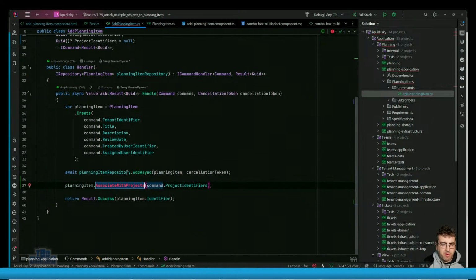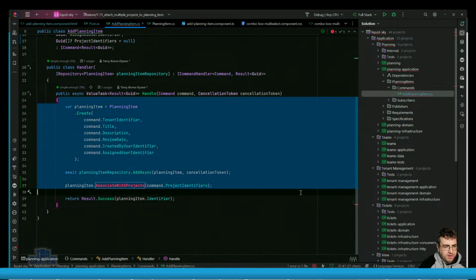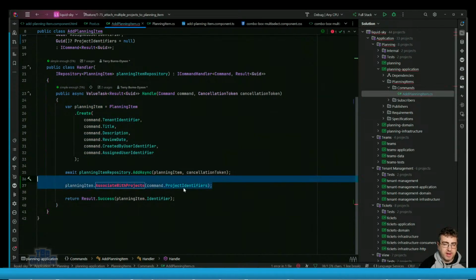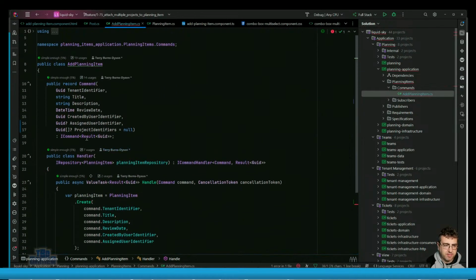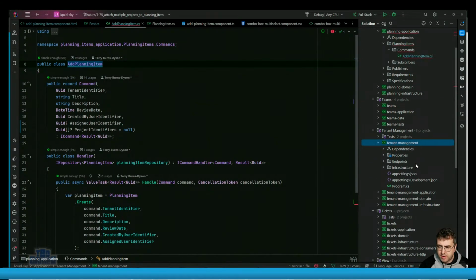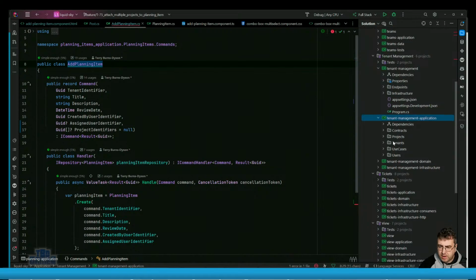So I'm going to stop and pause every time I hit something like this. And this sort of behavior, this is adding a planning item, right? This is part of adding a planning item, so it fits neatly in here. When I do tenant management, right? When I create a new tenant,